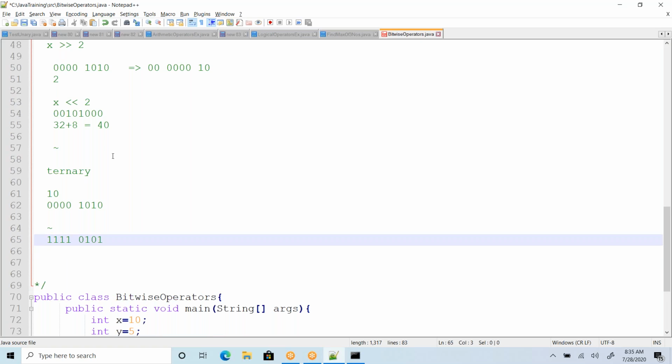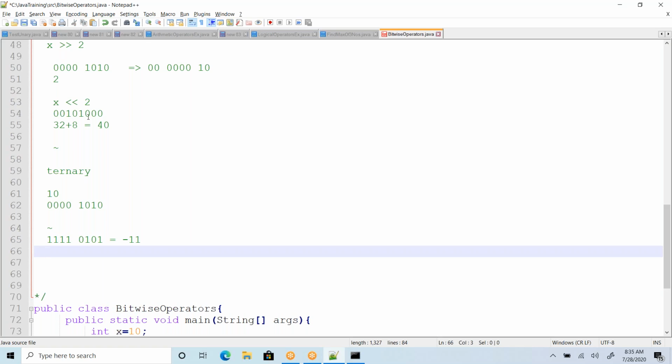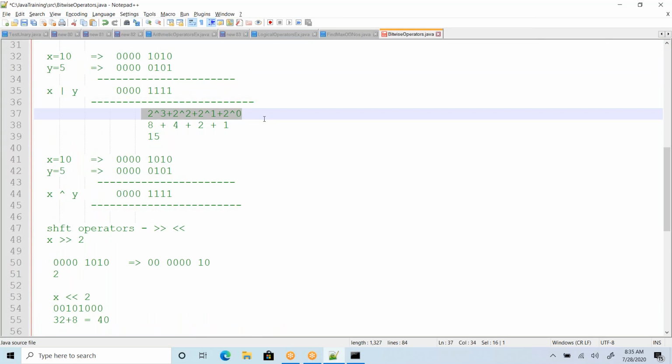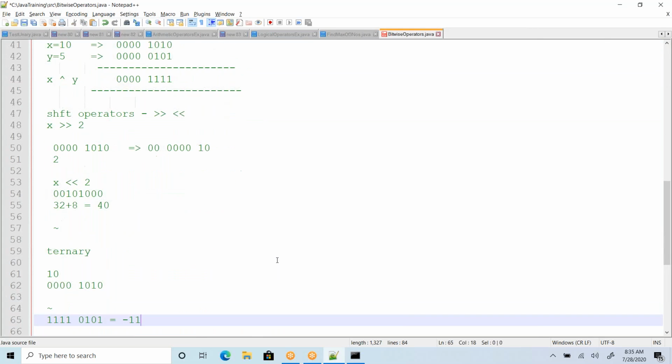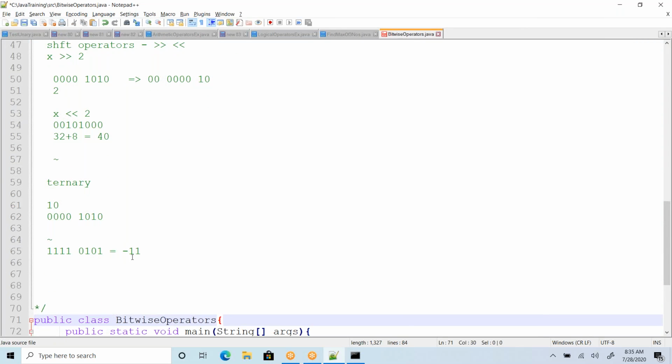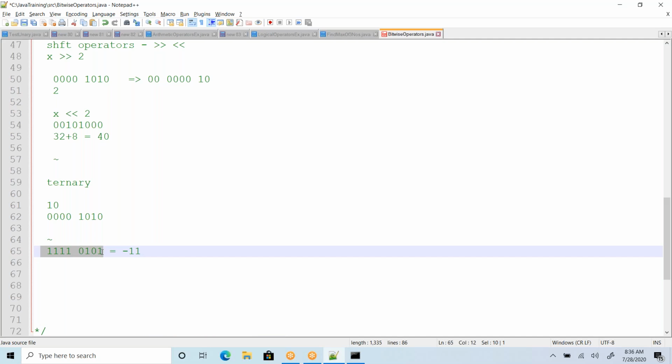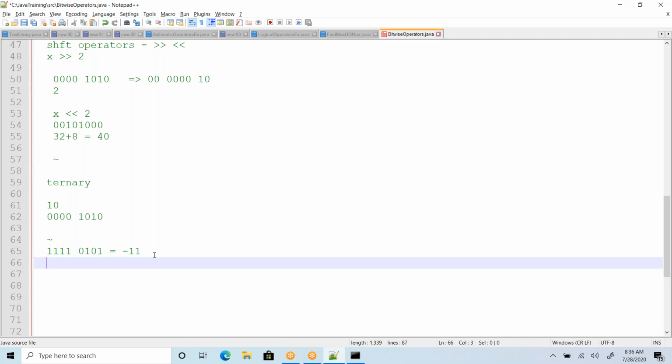So this is the actual value after flipping it. And what is the value of this? This is equivalent to minus 11. You can't calculate it as we calculate powers of 2 here. This complement operator always gives a negative number, and there is no way of storing negative values in the memory. So this is going to be the 2's complement of the number 11.